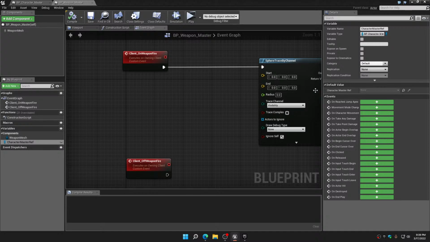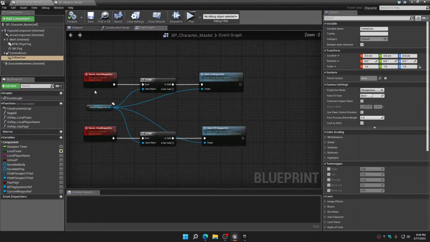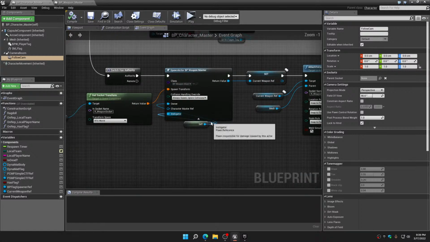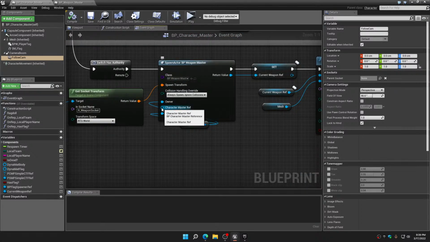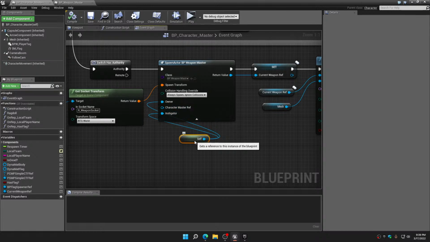This variable is going to be replicated. It is also going to be editable, and it is also going to be expose on spawn, like that. Now, by checking those two buttons right there, check this out. If we go back into the character master blueprint, back up here where we're spawning this weapon, look at the pin that it has now. So now all we have to do is pass through a reference of self